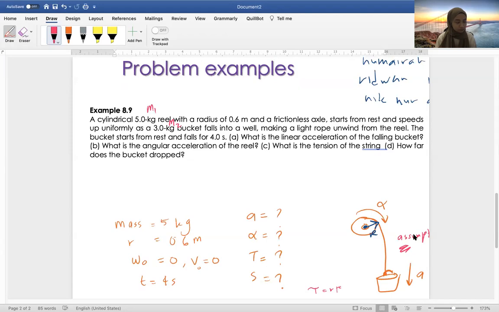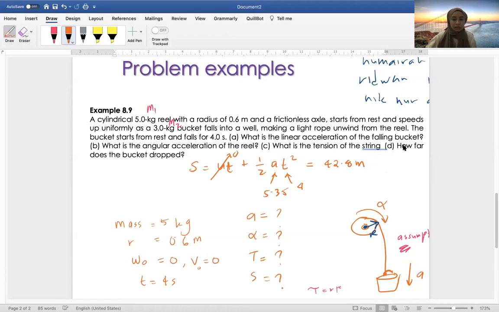S equals UT plus 1/2 AT squared. Correct. So we already know what A is, 5.35. We know what T is, it's 4. And our U, it starts from rest, so this is a 0. So S is just 1 over 2, 5.35 times 4 squared. Okay, so your S answer is 42.8